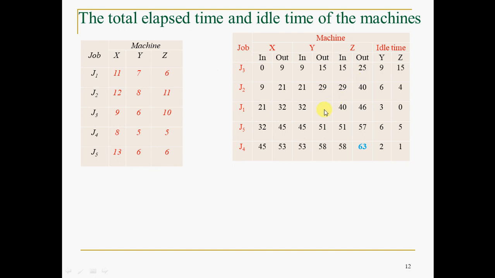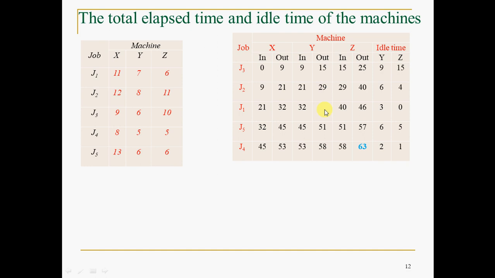Okay, again see 39. In this case, whichever is higher, as I said, job 1 is ready to load on mission Z by 39 minutes, but job 2 takes more time here, 40. If you write 39 minutes, the mission is not free because it is engaged with job 2. Hence, though job 1 is ready to be loaded on mission Z, it has to wait for some time here, 1 minute or so, whatever it is. Okay, that's why.